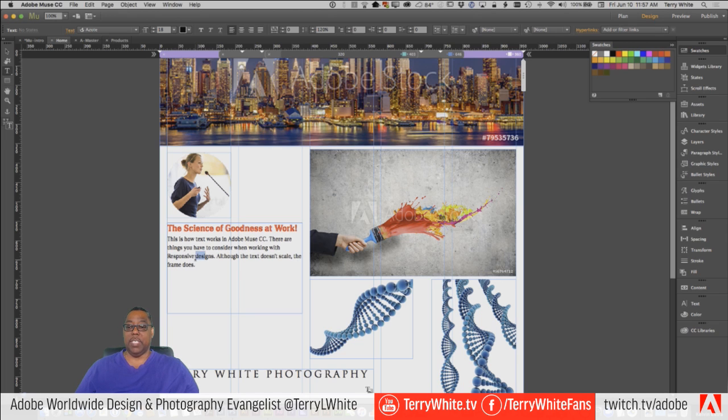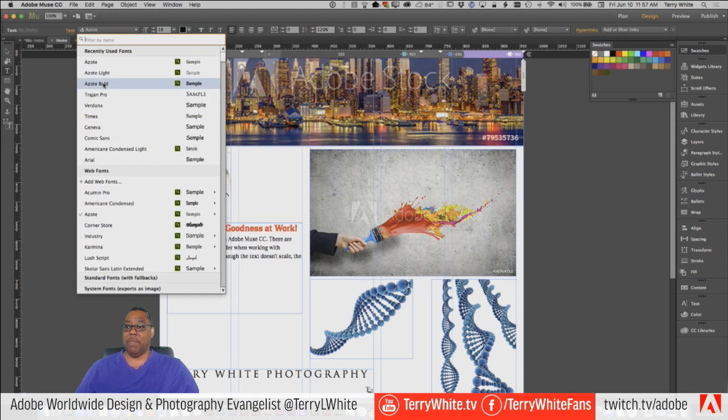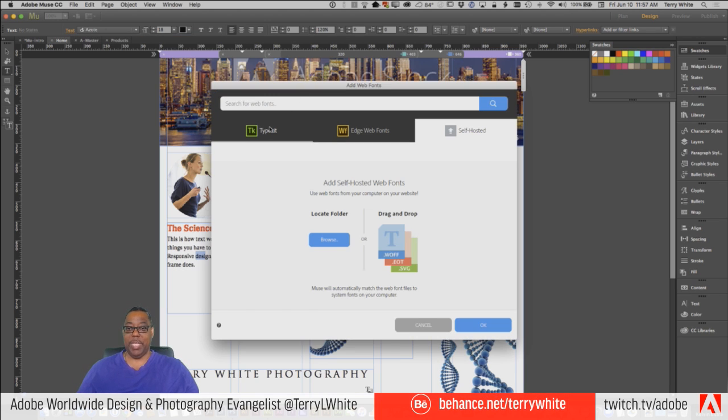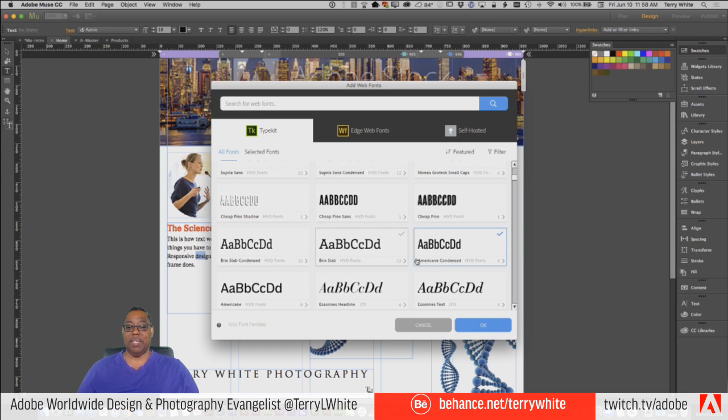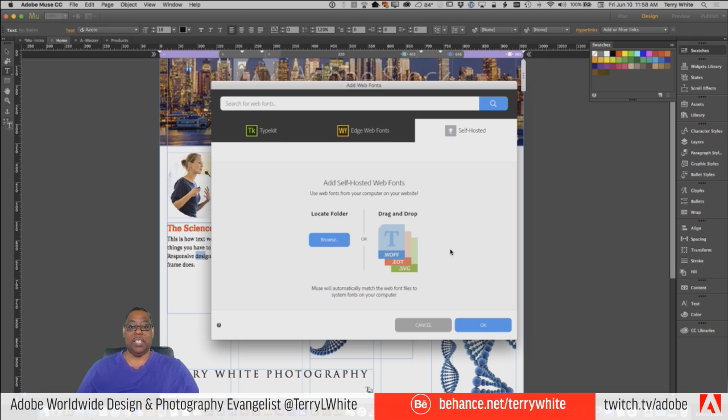So the only difference is, if we go back and say that we want web fonts one more time, and yes, you can add as many of these as you want. There's right now 1,356 families to choose from. Tons of different fonts you can use on your site and your design. Self-hosted means you went and got or built a font. You put it in the right formats, which, by the way, there are even sites out there that will convert your TrueType fonts into web fonts that will work here. I've done that. And now that's hosted with the rest of your site with whatever company hosts your site.